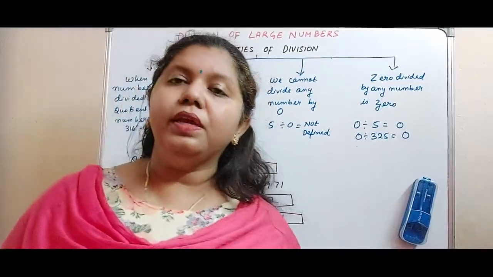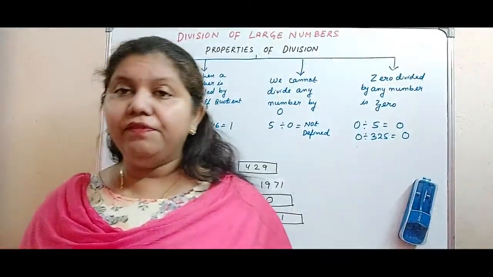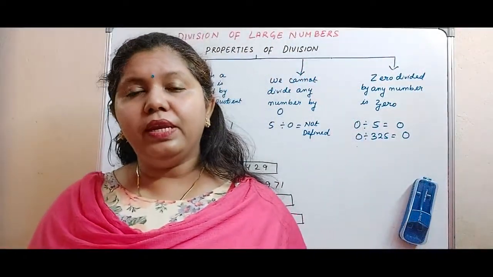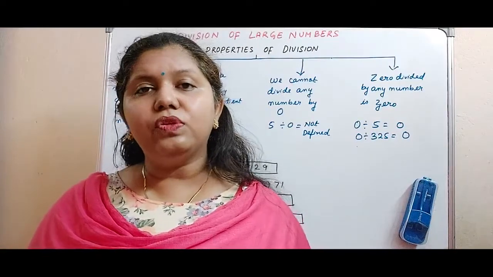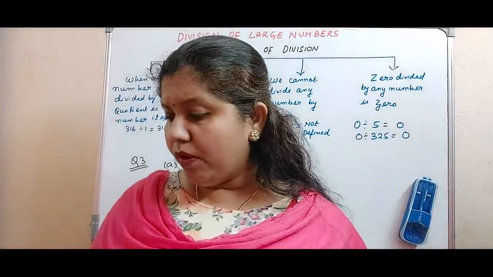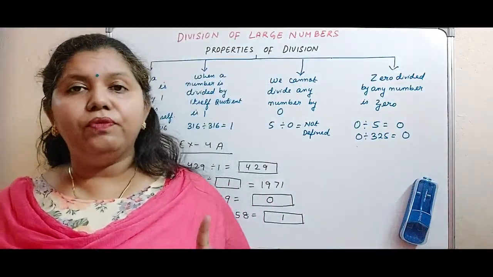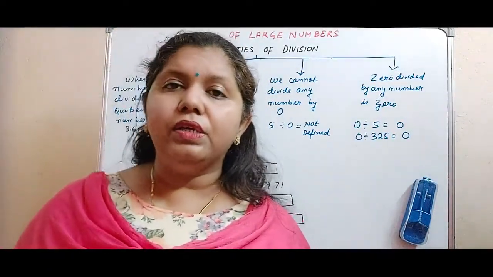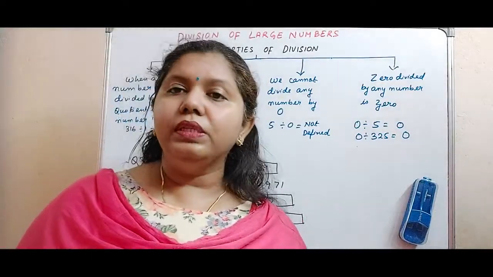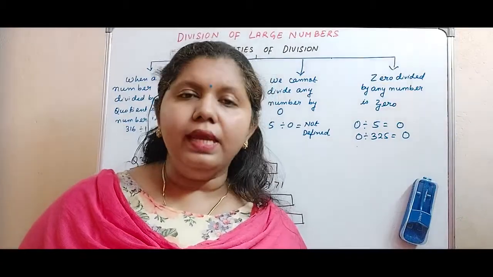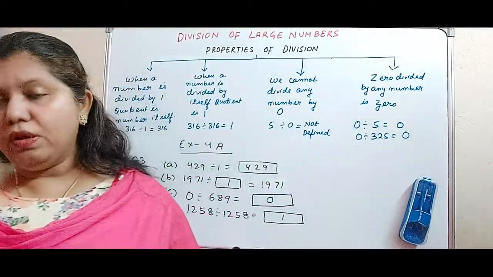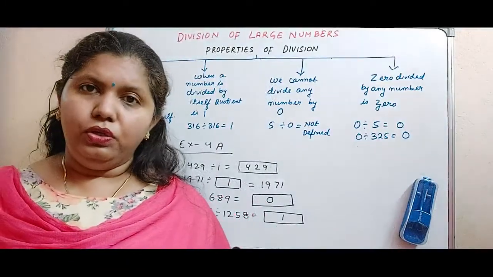The next question is question number 4, that is divide and check your answer. See, the question is very similar to one that I have solved in the example. Please follow the methods that I have used in the example to solve. But checking part, you have to give the formula, that is dividend equal to divisor into quotient plus remainder. Using that formula, you have to do checking after you complete your division. Please solve for all the bits of question number 4 all by yourself.